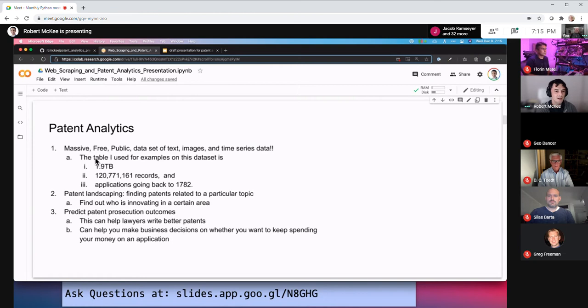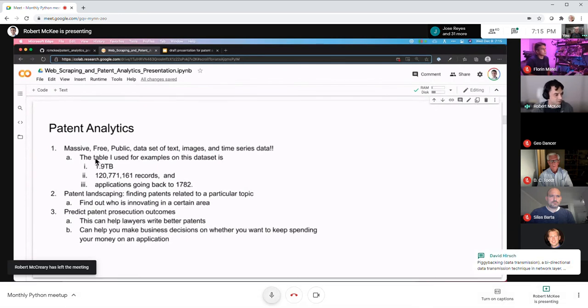But when you're a startup, that's a lot of money that could be better used in other places, like marketing, or paying a software engineer, bringing somebody else on. So you want to know that you're not wasting your money on this. And one of the big problems is that half of your money that you spend on a patent is going to be spent writing it and then submitting it to the patent office. And the back and forth with the patent office, you're going to be spending the other half of your money.